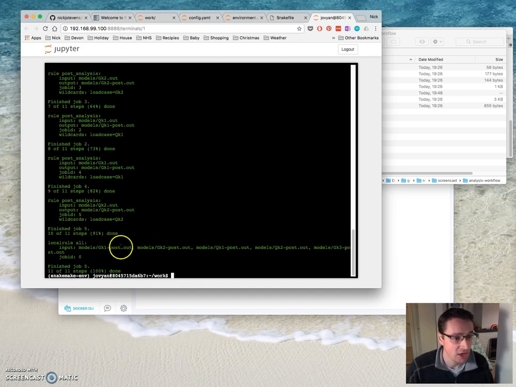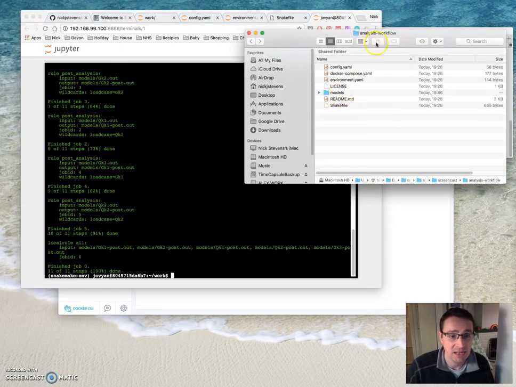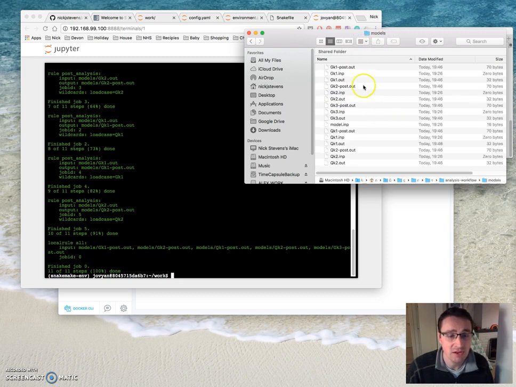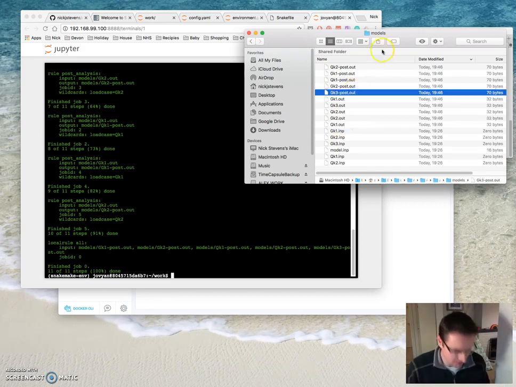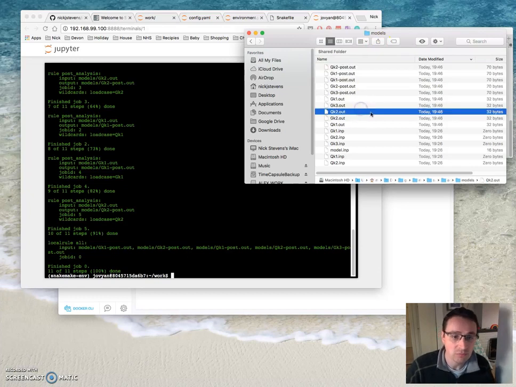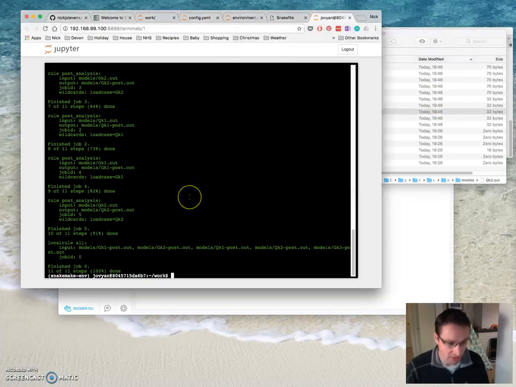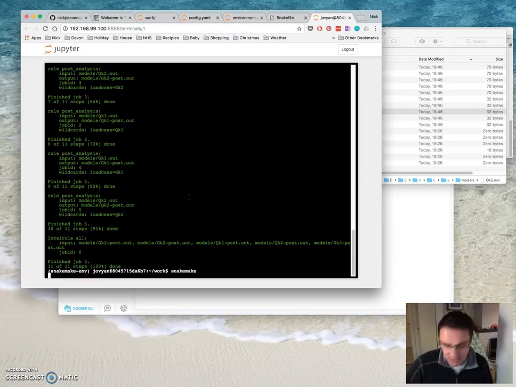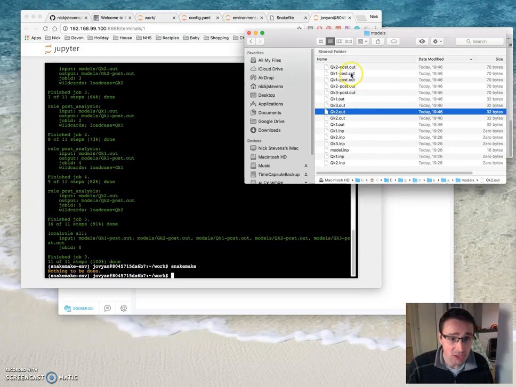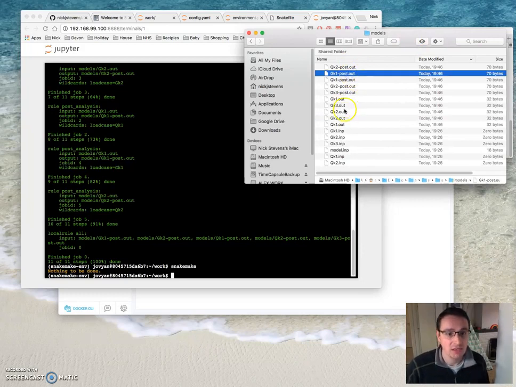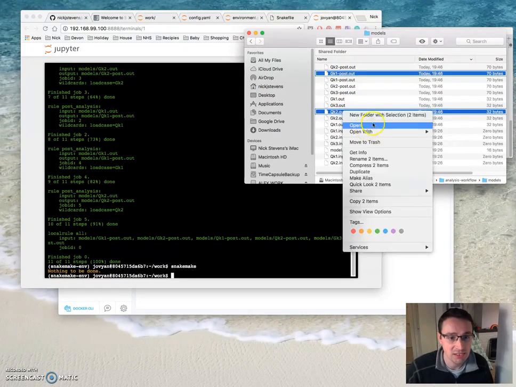So there we go, that's now finished. If we come back into our workflow, we will see we've now got a whole number of fictional output files and fictional post-processing files from our workflow. If we now try to do the same command again, it's not going to rerun it like a normal script would. It says nothing to be done because our analysis is up to date. Brilliant. So hypothetically, we could delete a couple of these,